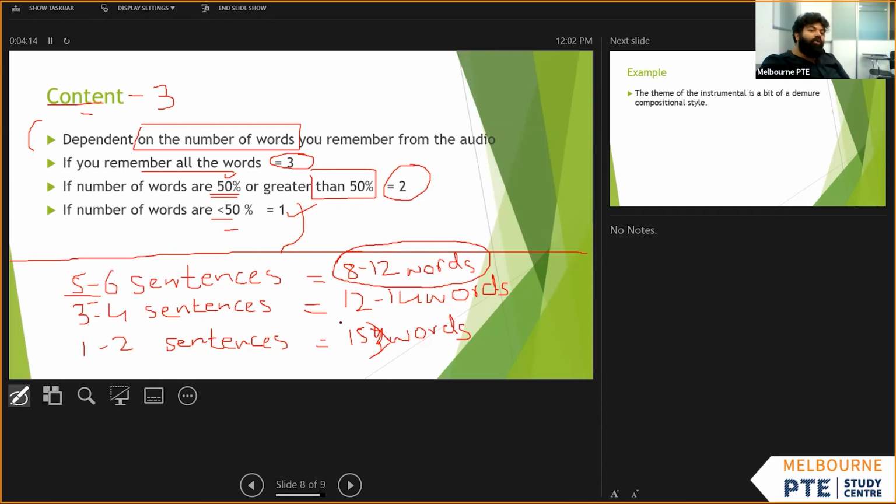Then for the other 3 to 4 sentences, when you have 12 to 14 words, even if you capture, let's just say, anywhere between 8 and 12 from these sentences, you will be falling within this criteria, 2 out of 3. And the same for a bit longer ones as well, you will be falling more or less in this criteria, 2 out of 3 marks. And that is more than sufficient to give you the very good mark that you would need if you are targeting 79 each. Is that making sense, what I'm trying to explain here?